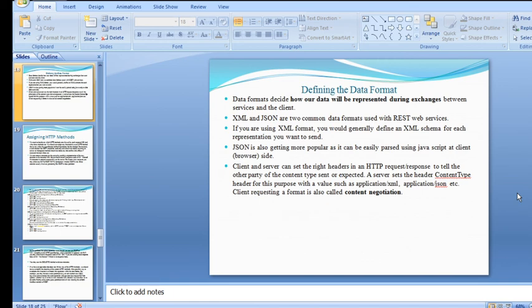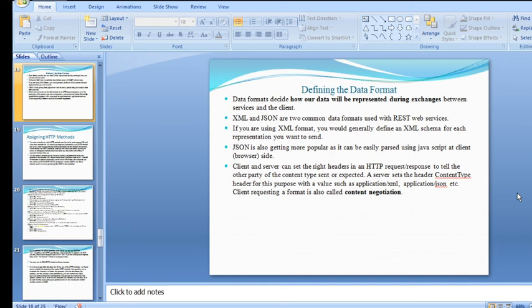Now next is defining the data format. Data format decides how our data will be represented in exchange between the services and the client.